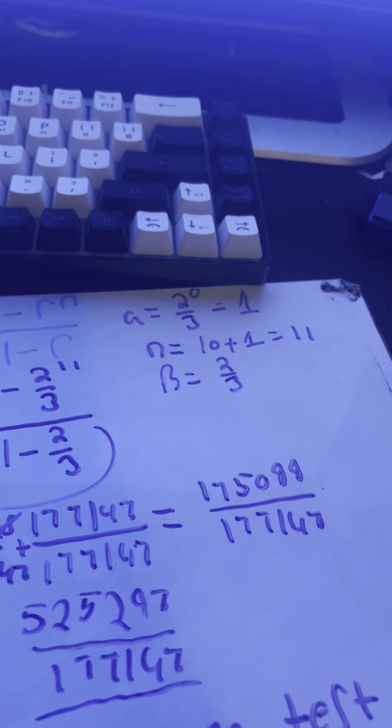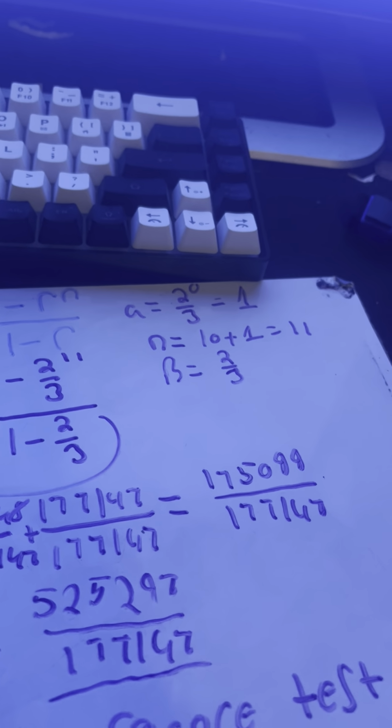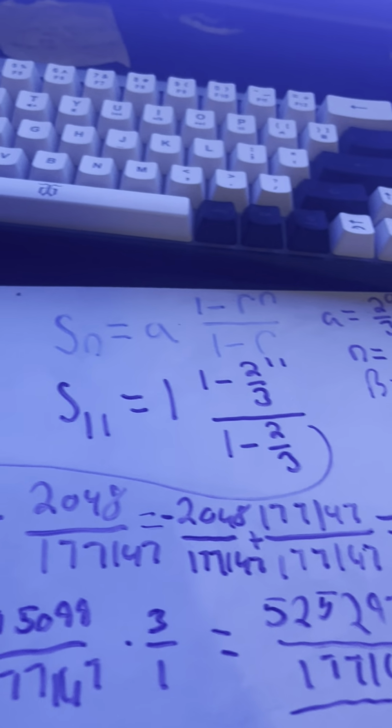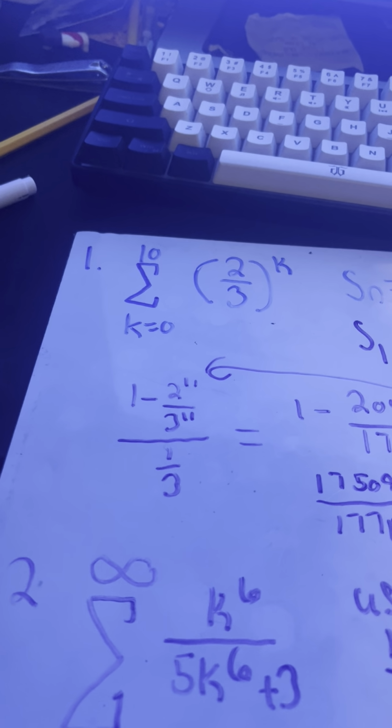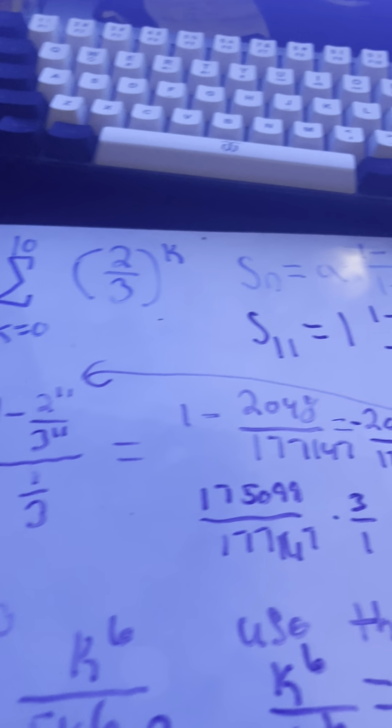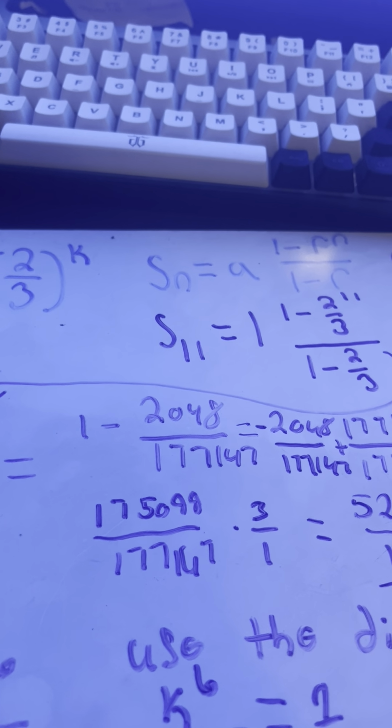Our n is 10 plus 1 equals 11 because we're going to 10 and we're starting at 0, so we have to add the 1 there, and then our ratio is 2 over 3. So then when we plug it in, we get this, and then we want to set our 2 to the power of 11 and a 3 to the power of 11, which is going to give us 2048 over